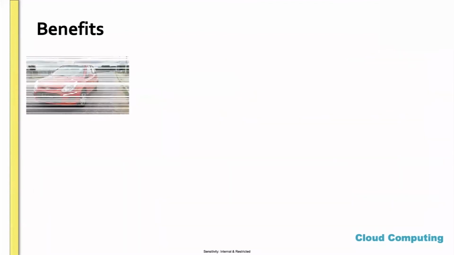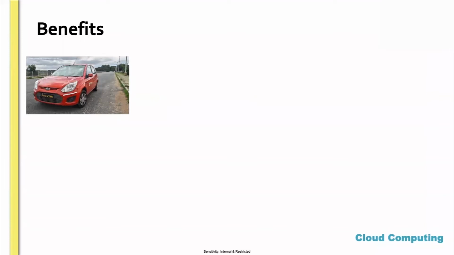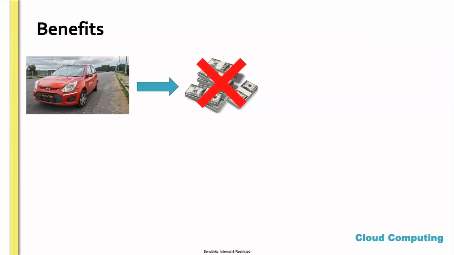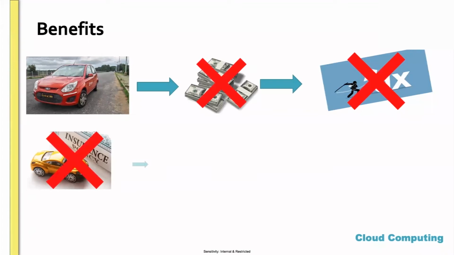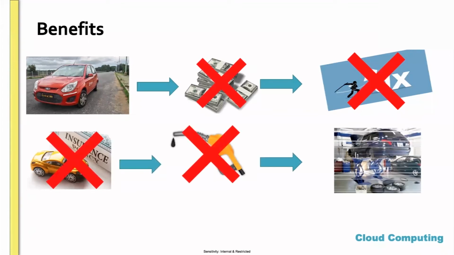Instead of purchasing a car, what if you are availing a self-driving car, like a Zoom car or whatever? How will it be? You don't need to pay the initial cost, or the road tax and insurance. You don't need to fill the fuel, and you also don't need to worry about service. So what cost is involved here? Instead of buying a car, you are proceeding with a self-driving car. Rent, right? So rent.